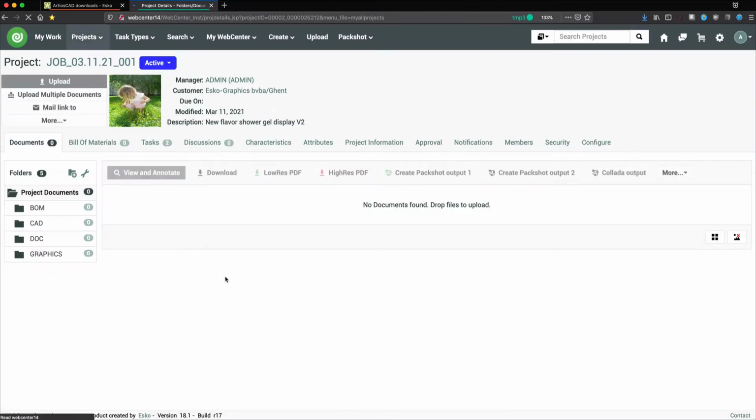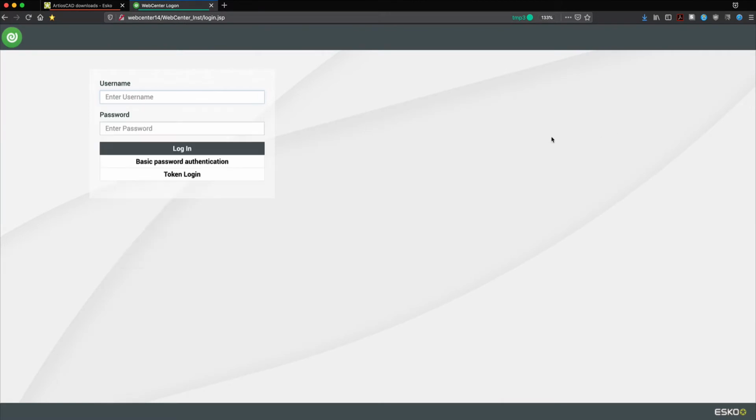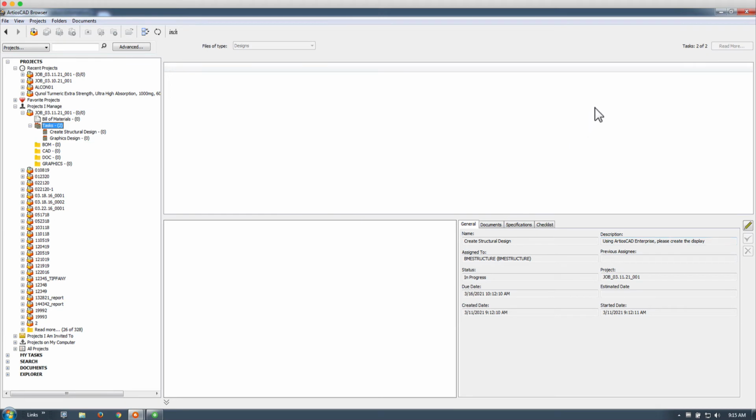Clicking on this job will bring me to that job where I can see the folders, I can see the tasks. Notice this first task was automatically started, so this is in progress, and it has been assigned to this structural designer. So that being said, let's go ahead and log out of the cloud and head on over back to ArtiosCAD